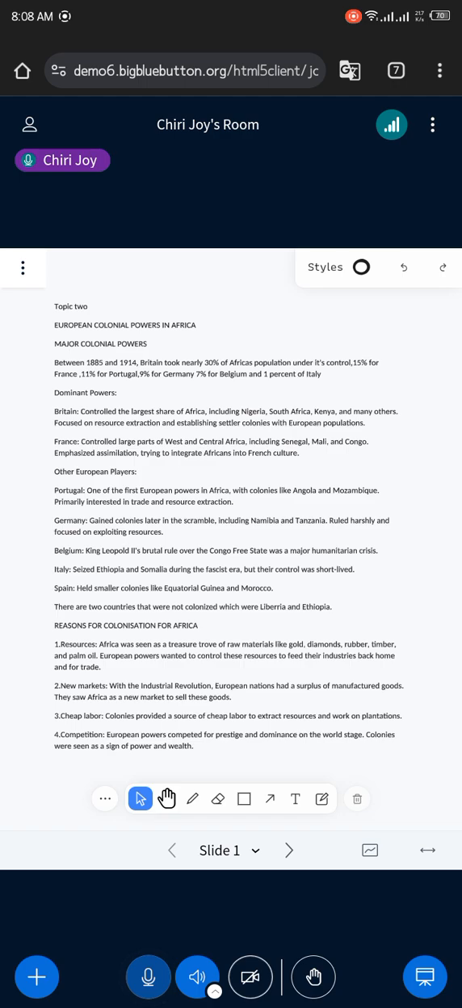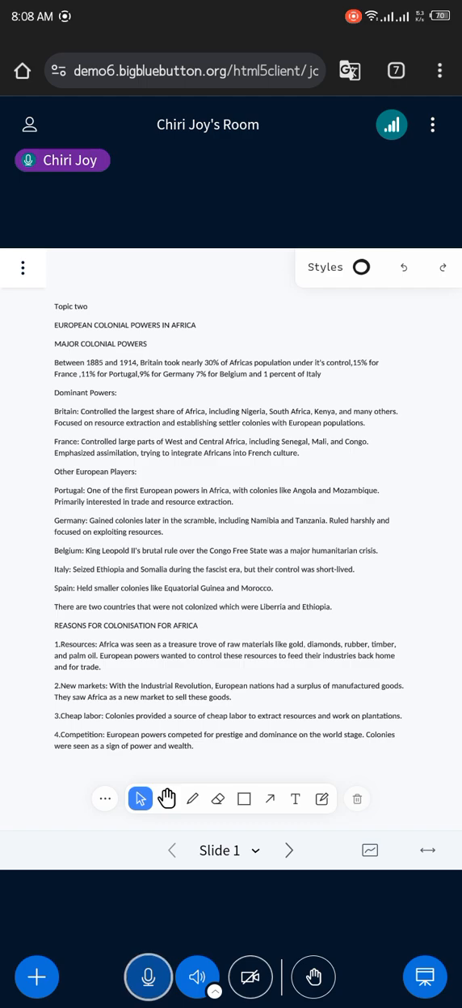The first one was Britain. Britain controlled the largest share of Africa, including Nigeria, South Africa, Kenya, and many others, focused on resource extraction and establishing settler colonies with European populations. France controlled large parts of West and Central Africa, including Senegal, Mali, and Congo, emphasized assimilation, trying to integrate Africans